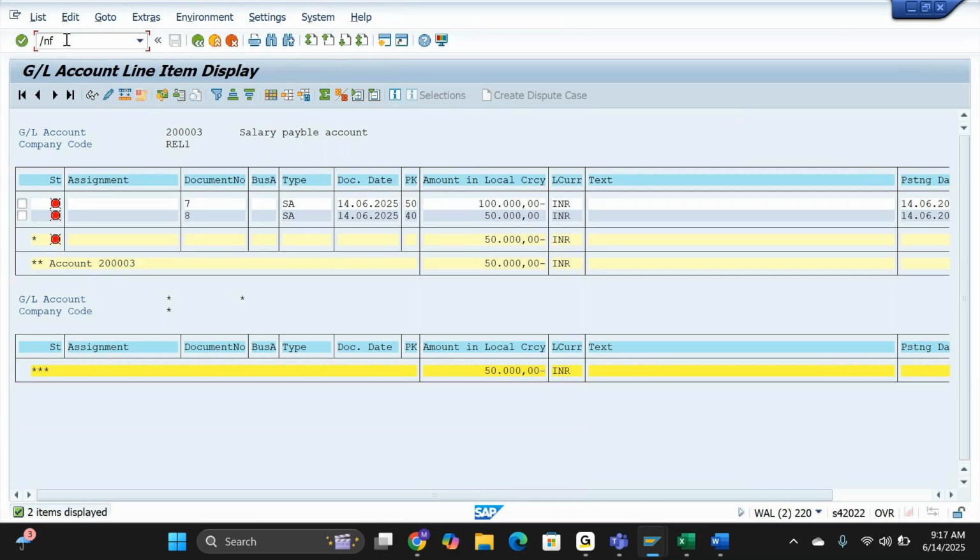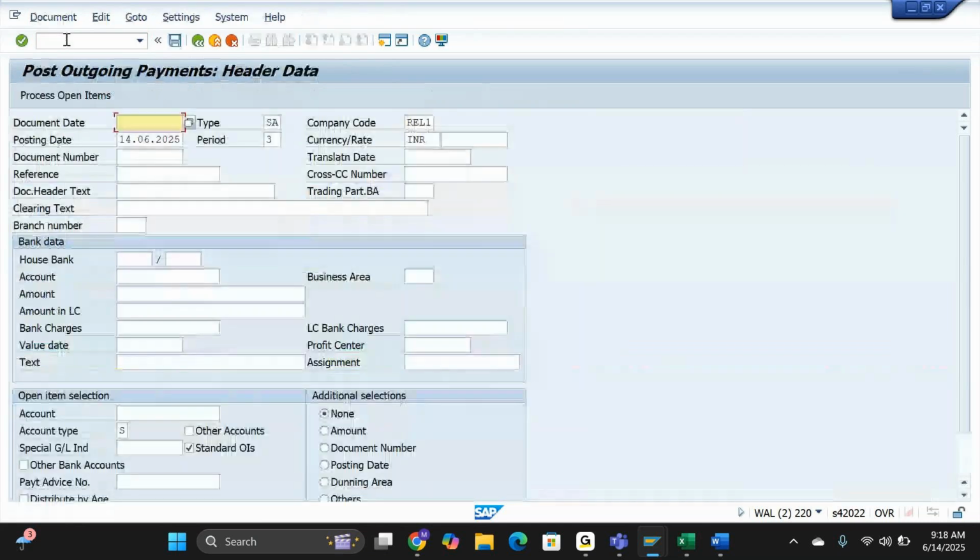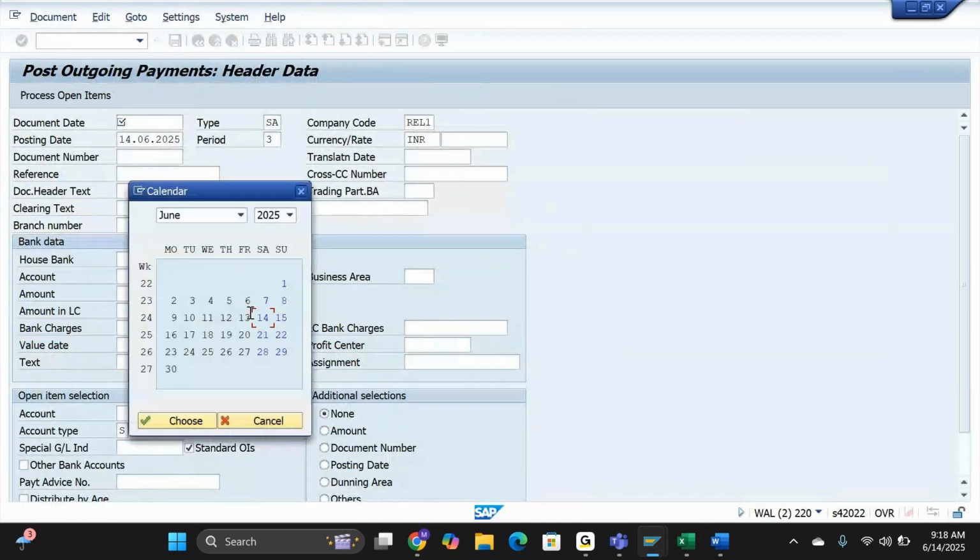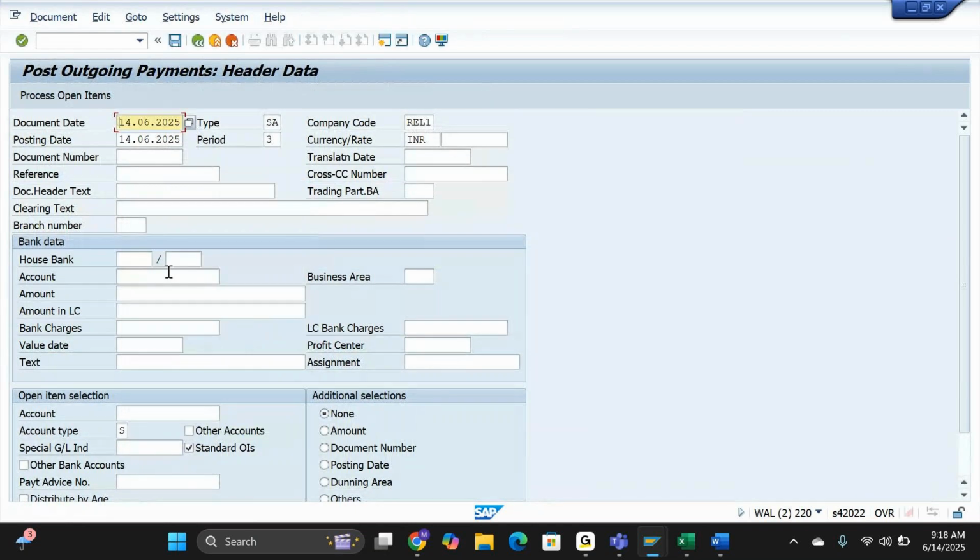Yeah, Archana, tell me. F-07, no sir, T code. Correct, correct. F-07. So let me use this account. So what is the remaining amount, guys? 50,000. For the same GL account, process open item,